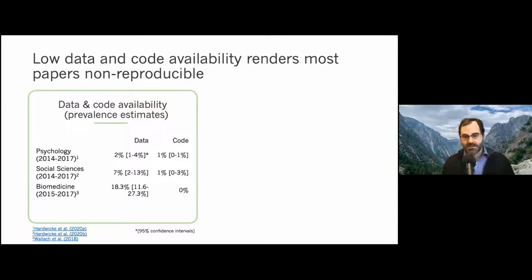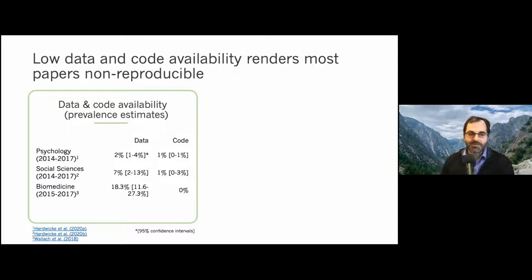This slide really draws on the research of my co-author and collaborator, Tom Hardwicke, who's a co-author on this talk and has led a lot of the empirical work that I'm talking about here. So here's some data and code availability prevalence estimates from a variety of different subdisciplines. In psychology, 2014 to 2017, you have 2% data availability and 1% code availability. This is from a sampling procedure. So you really get a sense that in the broader field of psychology, essentially no one is sharing their code and data, even if they do in restricted subfields where norms have started to shift.